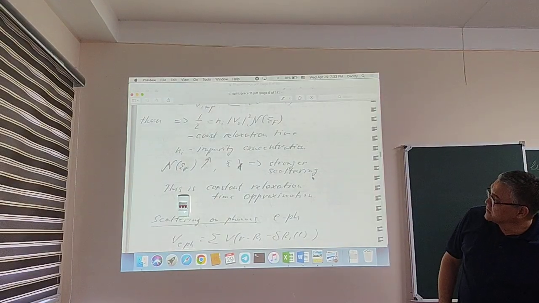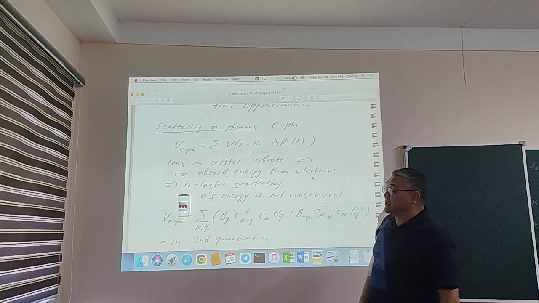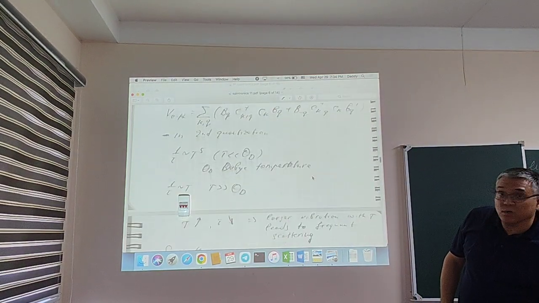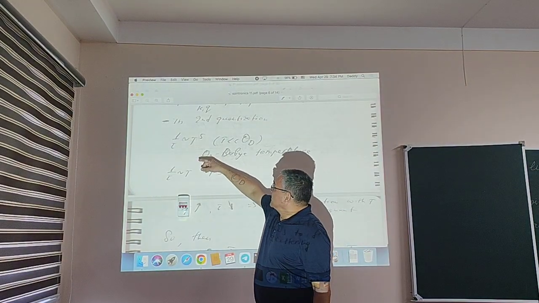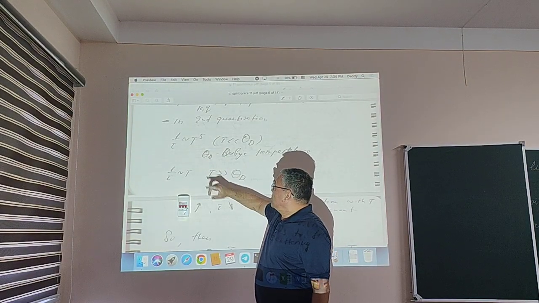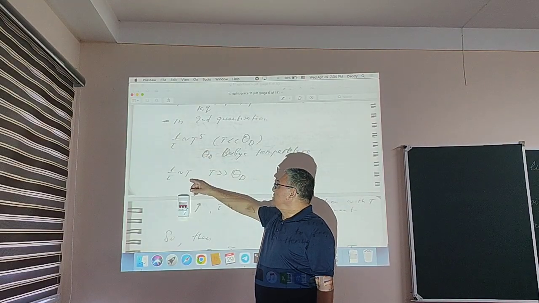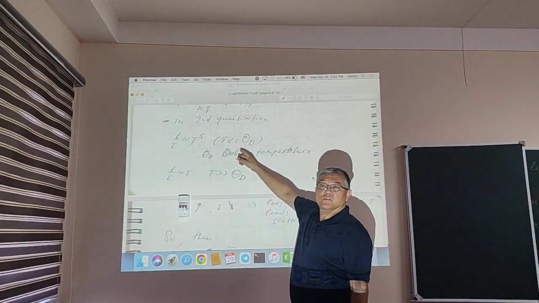Now, scattering at phonons has a formula looking like this. We can use here second quantization, and according to second quantization, we can find two dependences of the tau relaxation time in this scattering: 1 over tau is proportional to T to the 5, or 1 over tau is proportional to T. So the first case is for temperatures much